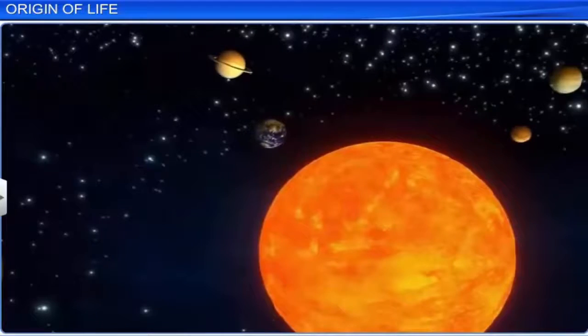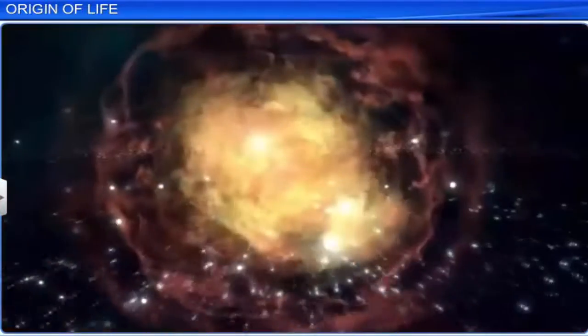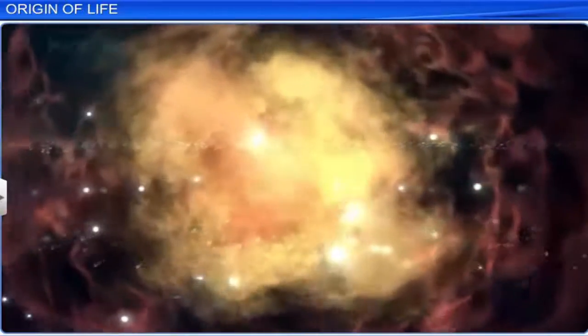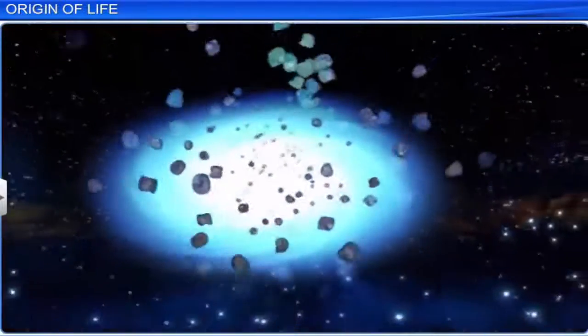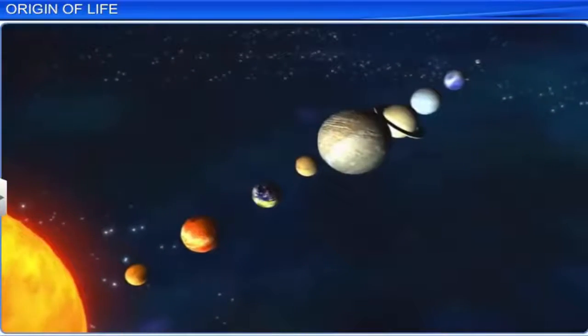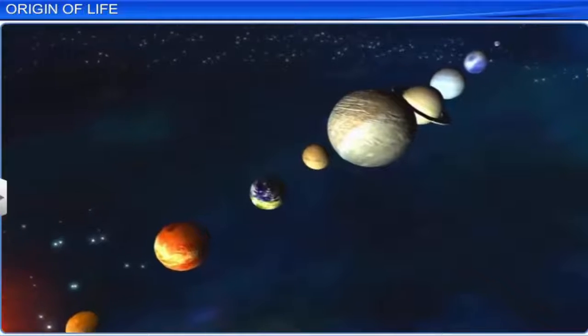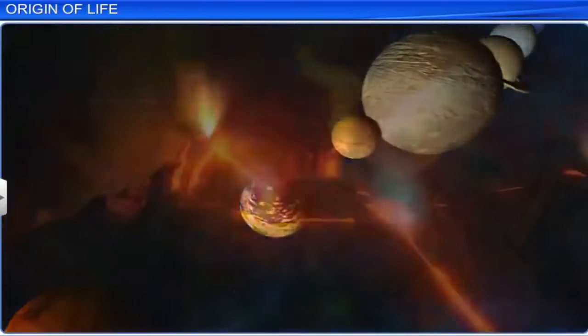According to this theory, a singular huge explosion caused the infinitesimally small, hot and dense universe to expand, which resulted in the lowering of temperatures. It even states that the universe continues to expand even today. After the passage of time, gases such as hydrogen and helium got formed. They condensed due to gravitation and gave rise to different galaxies in the universe. One of the galaxies known to us is the Milky Way, which contains the solar system, and the Earth is one of the planets in this system.